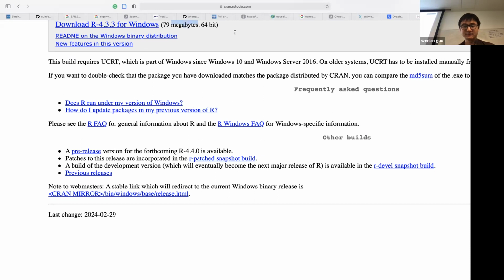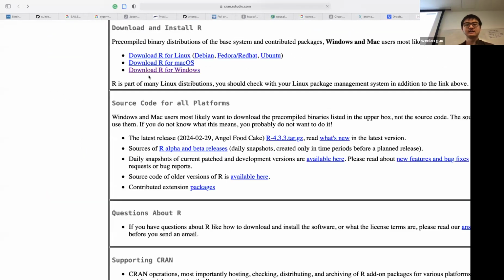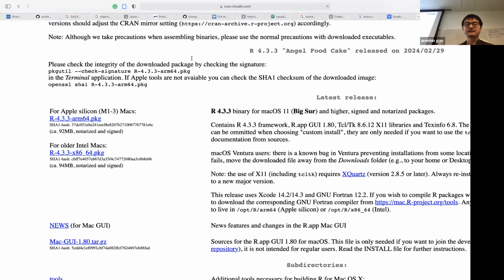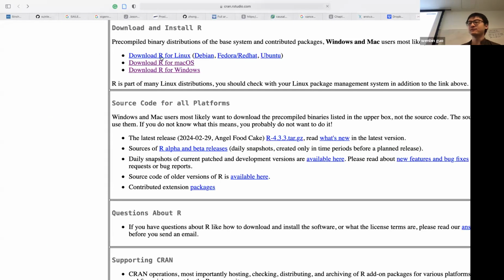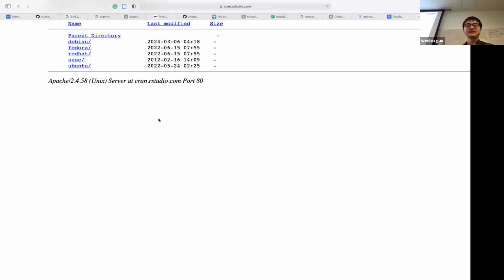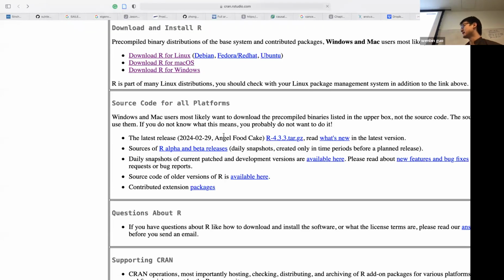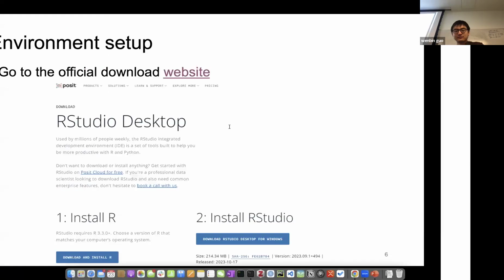And if you are a Mac OS or Linux user, you can just try to select the one that suits your computer version, download the different package according to your computer chips. And since I already have downloaded it before, I will just skip it for now. But I think it's pretty straightforward. You can download, and then after you download, you can install. After installing,